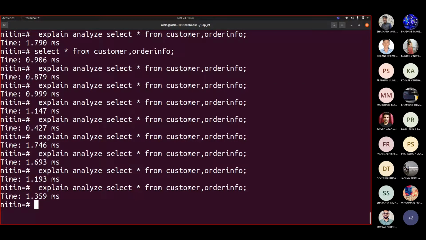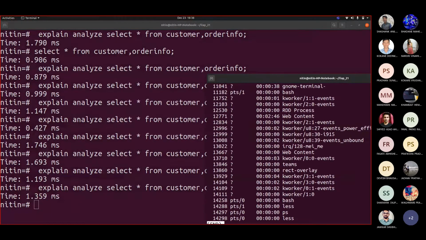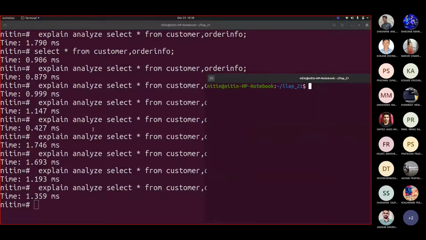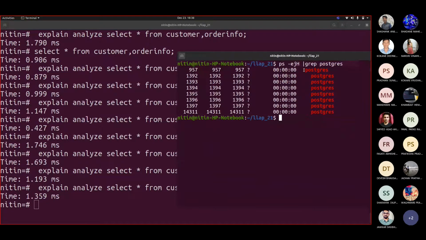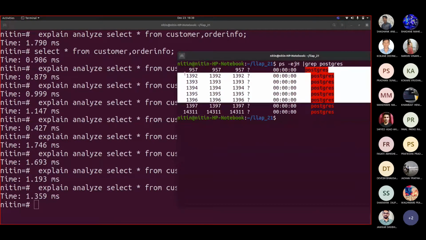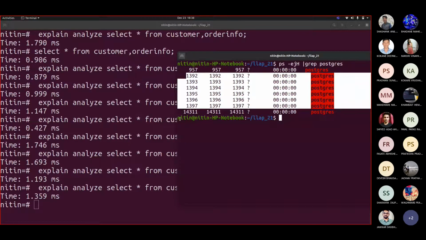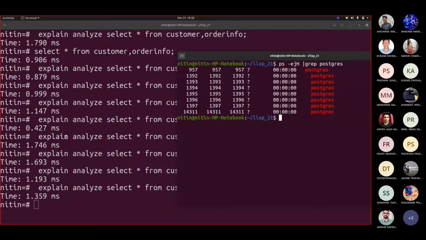Then in such cases, how exactly is this managed? Okay, so if you recall, when I showed you this PS output, let me show you one more time. Great, pause this. You will see that there are multiple services running. These are the ones which are running with the server. This is an extra one because you are running PSQL on the other window or tab. So this 14311 is running for whatever explain that we are writing. Correct? The server copy is running there.